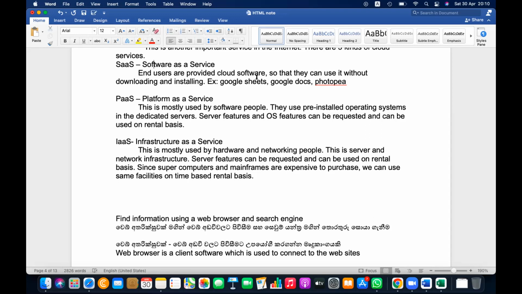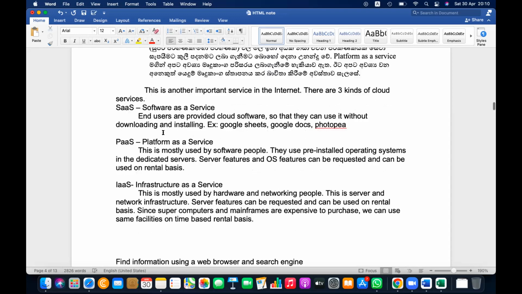That's why it is networking people. They need to configure the operating system even. That's why they want IaaS services. Right, so we learn both of these, right? We will learn how to do this in this lesson. Actually, this is not there in A-level ICT, but still we will be learning